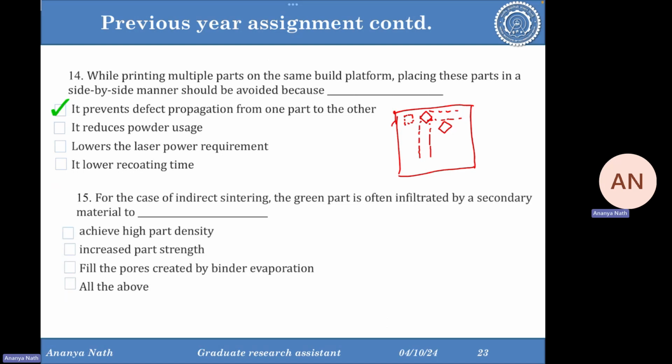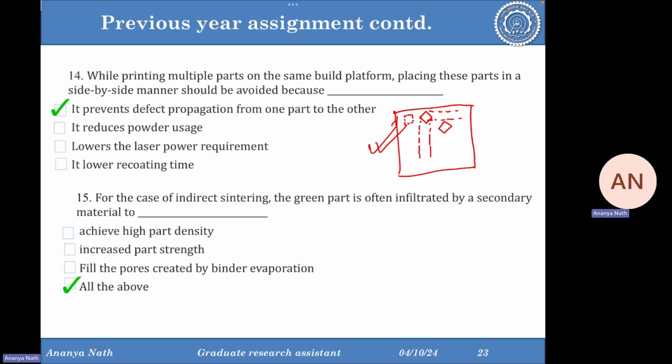Another thing that I want to add is, remember that if you are printing something for process parameter optimization, there will be a time when some parts will not get printed because of their bad process parameters. Because obviously you're optimizing the parameters. Now, if you know these are good parameters, then what is the point of doing optimization? So at the optimization stage, more specifically, do not put parts one after another. Always put parts like this.